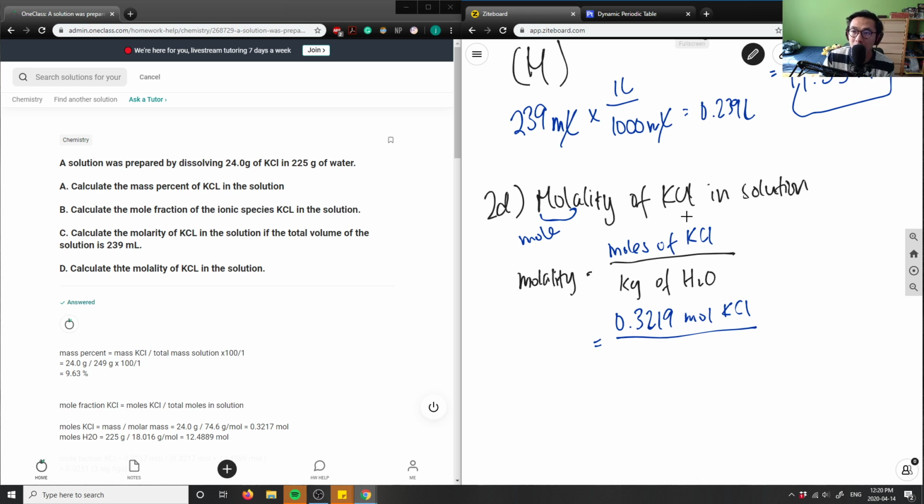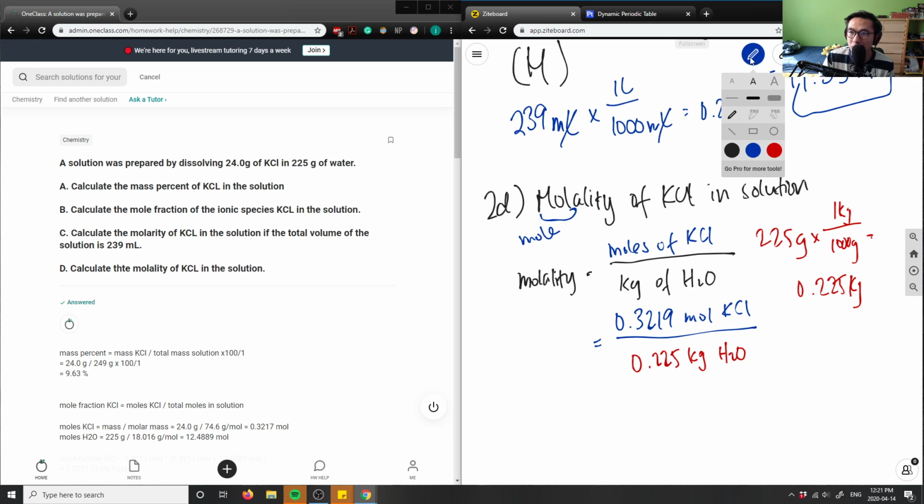So in order for us to do that, let me do that in red here as side work. We have 225 grams, and we have to change that to kilograms, right? So we have to divide by 1,000. I would say 1 kilogram equals 1,000 grams, so we're dividing by 1,000, which gives us 0.225 kg. So 0.225 kilograms of water, which will give us our final answer, and I'll write this in blue, which is